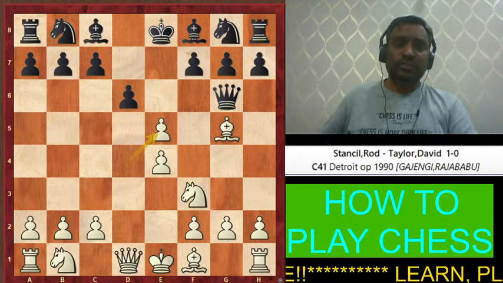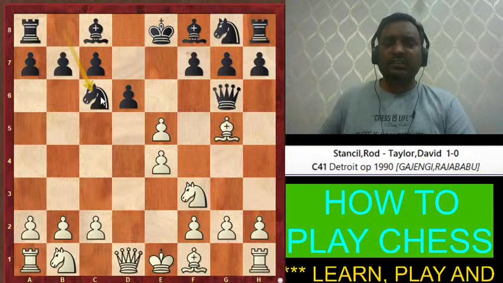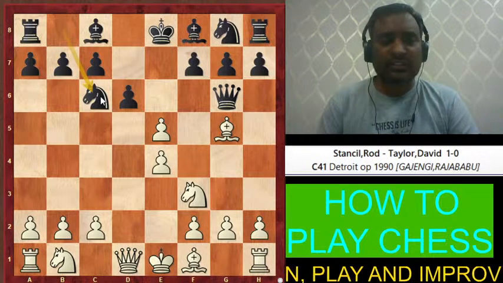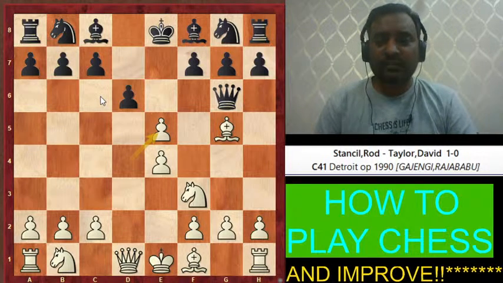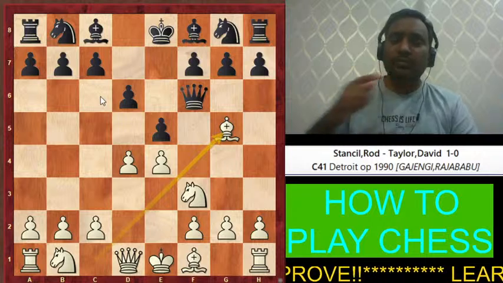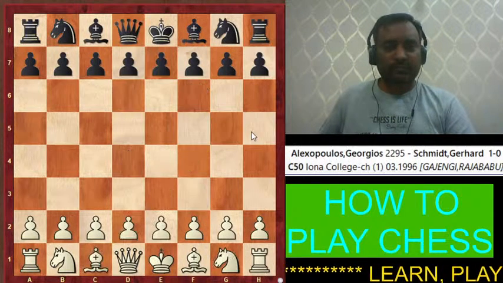ओके, उसे यहाँ पर क्या करना चाहिए? He should play knight to c6 and then he can survive. फिर वो यहाँ पर बच सकता है नाइट यहाँ पर खेलकर. ओके, ठीक है. सो ऐसा हम चेकमेट कर सकते हैं. सो लेट्स मूव टू नेक्स्ट गेम. हम नेक्स्ट गेम के तरफ मूव करेंगे.